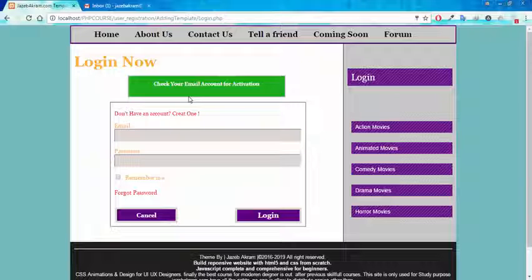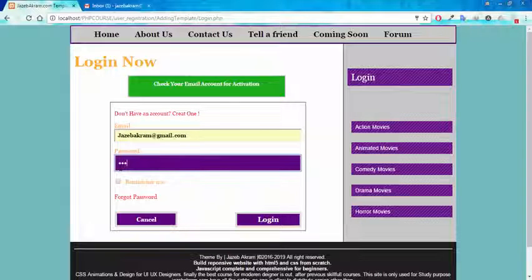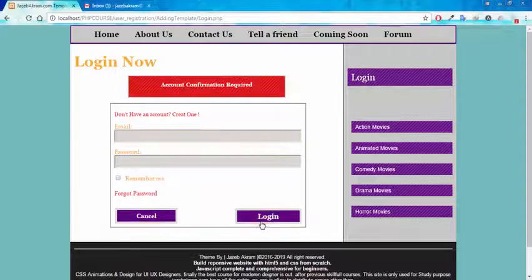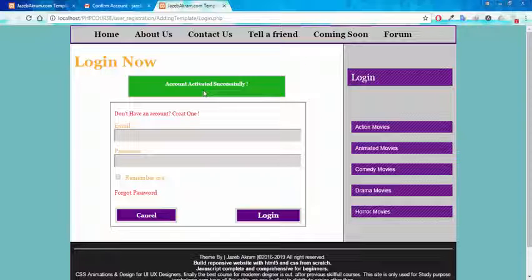account for activation. So now before confirming my email, if I try to log in now using my correct information, login, you can see I got this error message that account confirmation required. So here is my Gmail account. You can see I got this email of confirm account. Hi Jazib Akram, here is the link to activate your account. So if I click on this link, I got this success message that account activated successfully, and I'm on my